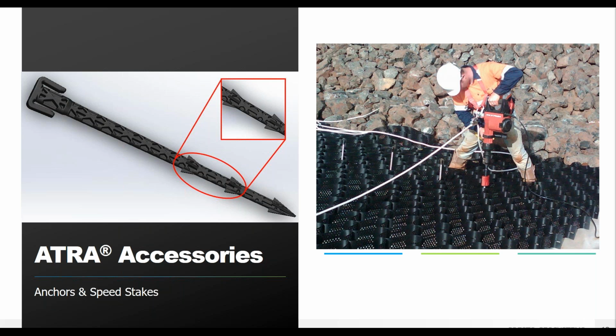So for some really shallow slopes, and typically for us, shallow means less than a 2-to-1, so less than about 25 degrees, you could do stakes. You can either do a standard metal rebar, or we do have one made with HDPE. That's what's shown on the screen here. And that HDPE is really good if you are in perhaps a saline environment, like along the coast. You're not going to have that corrosion that you would with metal stakes. So you would do the stakes, and the number of stakes is going to be project dependent. And that's, again, something our engineering team can help you determine.